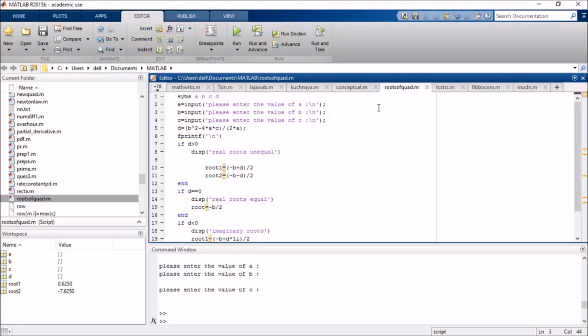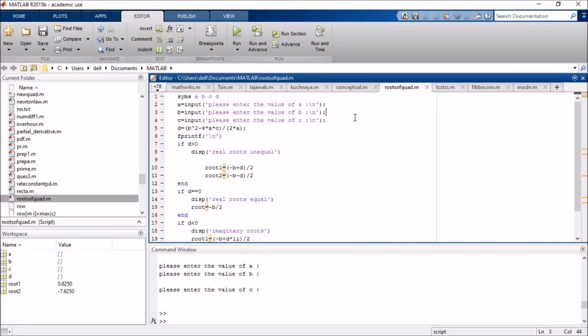For example, if we have the quadratic equation 5x square plus 10x plus 5, here the value of a is 5, the value of b is 10, and the value of c is 5. So we will calculate the roots of a quadratic equation by using these coefficients a, b, c only.